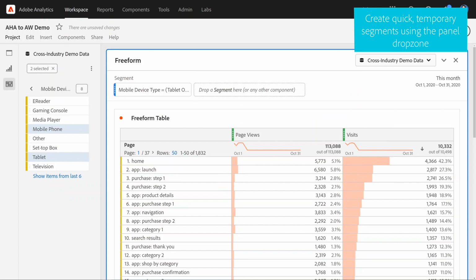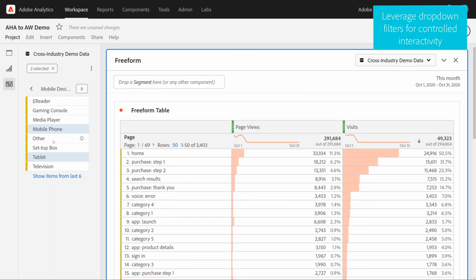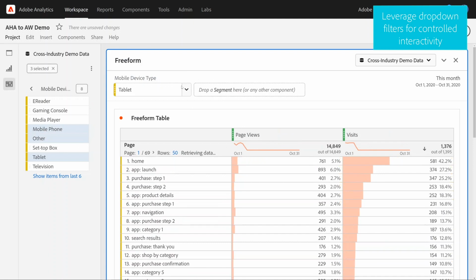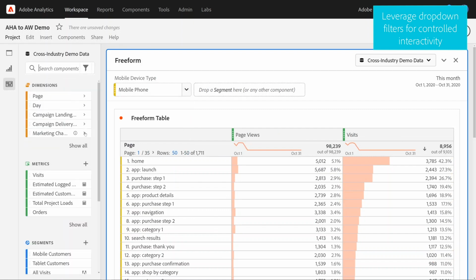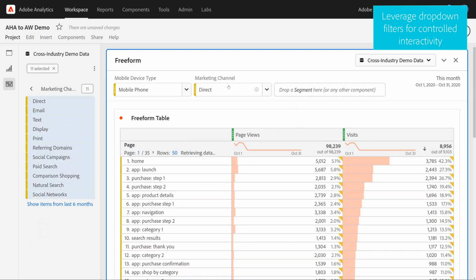So it's also a very temporary way to slice and dice as you're having more business questions come to mind when you're analyzing. You can even take this further by leveraging drop-downs. Drop-downs we released a couple years ago, but they are by far one of the most used things in our product. If you drag over many items and hold Shift, instead of creating a segment, you'll create a drop-down filter. And a drop-down filter is a way to slice and dice the data across many different items that you've brought in. So here we've created a device type